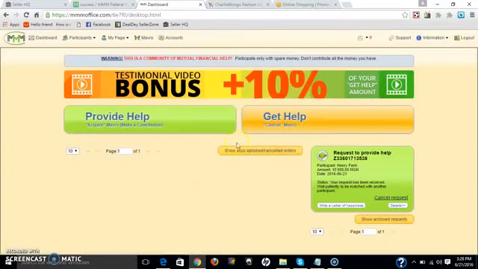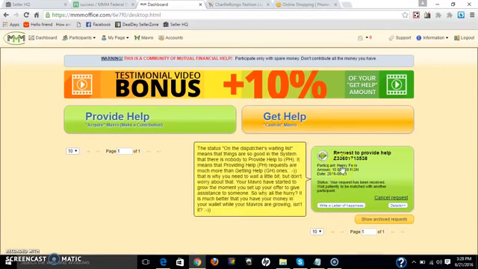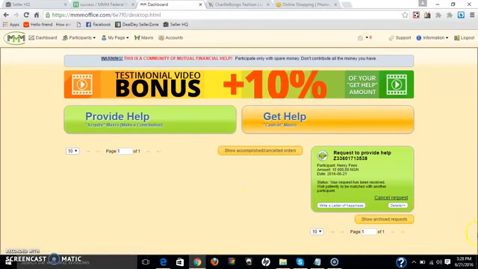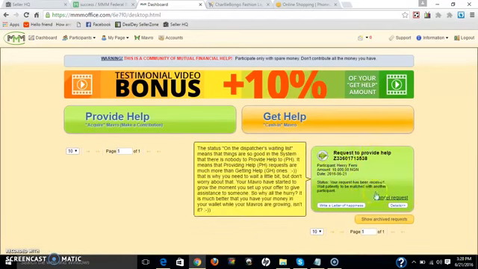So when you click OK, look at the change on your dashboard. If you notice the changes on the dashboard, you see that this is coming up. That is my request to provide help. This is the participant name, that's my name, the amount 10,000, then the date I created this. Then my request has been received, wait patiently to be matched with another participant. Now this matching could be after the 14th day, it could be after 10 days, it could be after 20 days, it could be after 25 days, it could be after the 27th day.